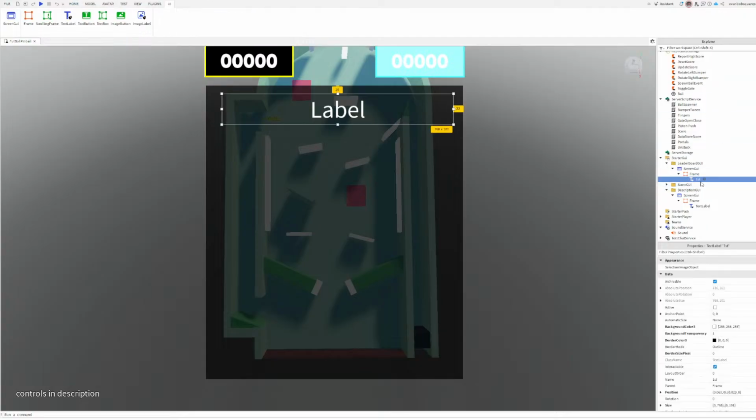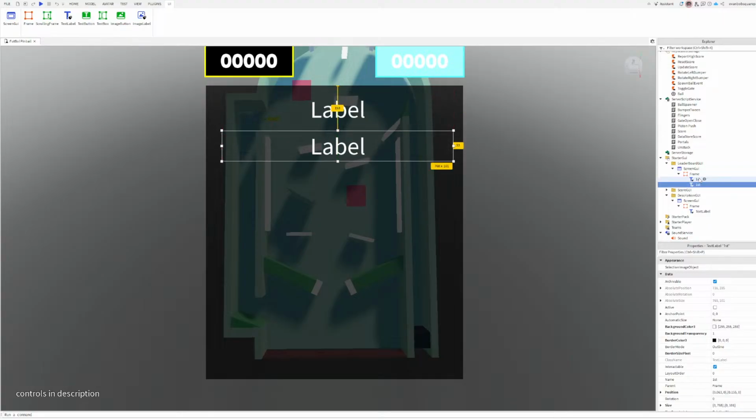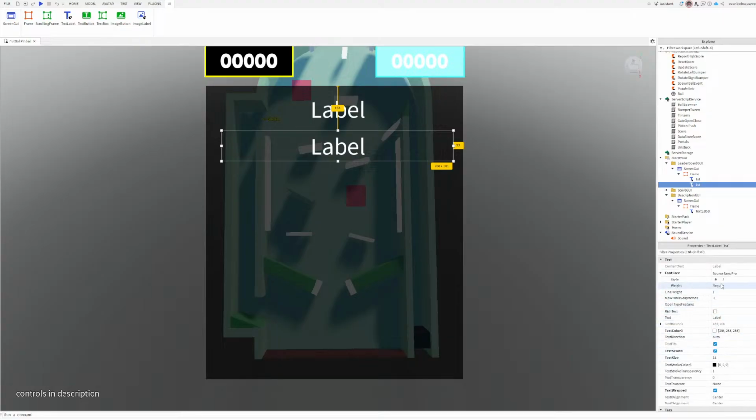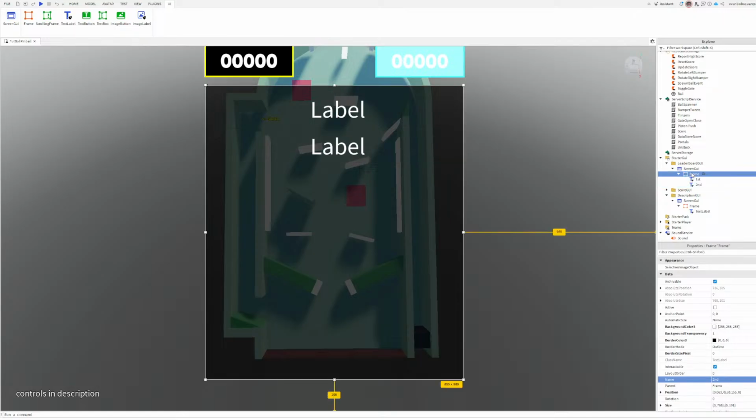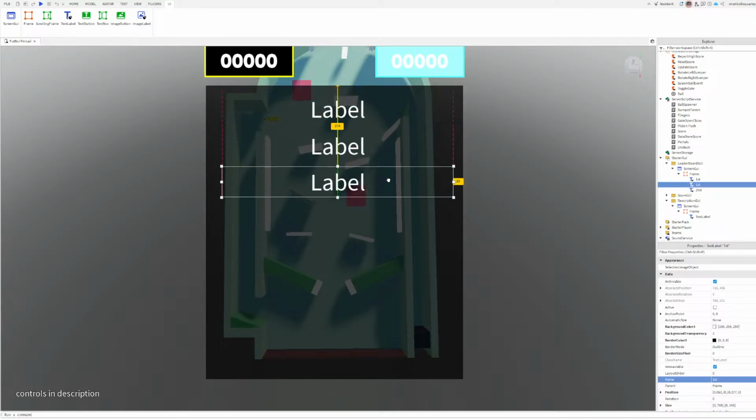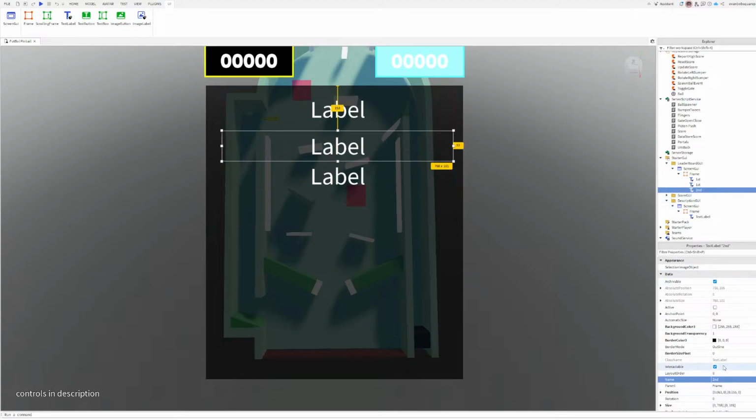Copy. Paste into. Second, where's the name? Second, paste into. Third,